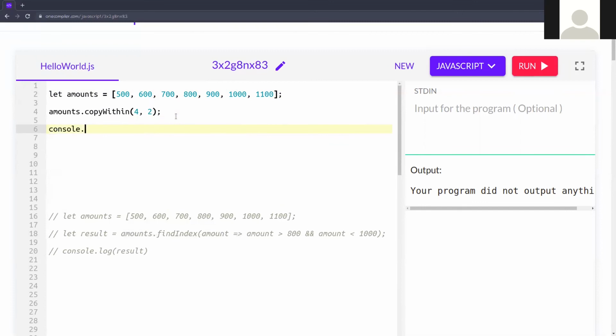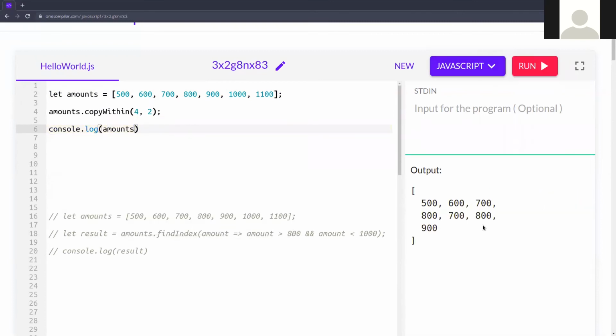So console dot log amounts. Now let's see the result. You can see 500, 600, 700, 800, but here it is not 900, this is 700. That means it will replace that for 900. This is the replace value, where you want to replace, that is the 4.